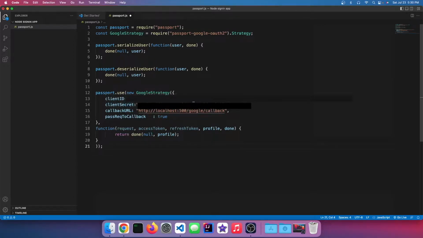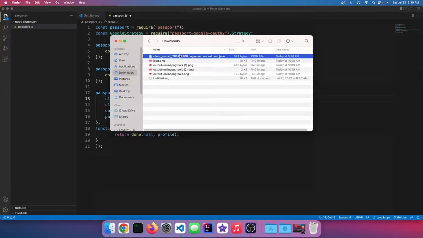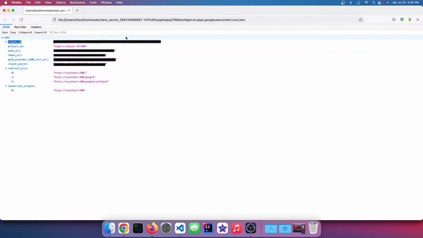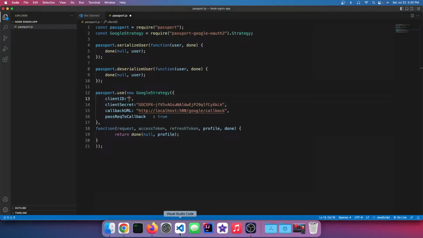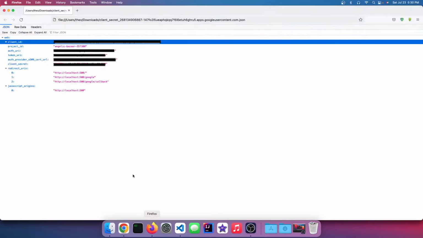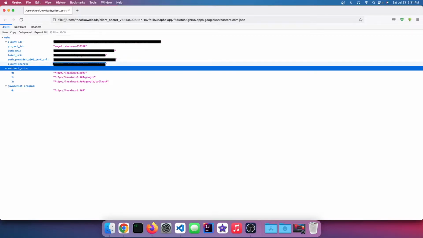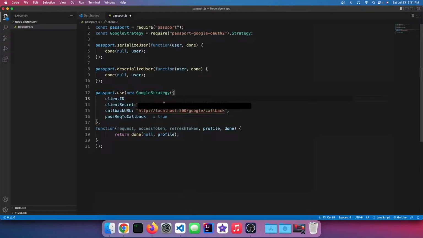So we're going to go take the client ID that was in our JSON file, so let's load that up right now. And for the client ID, we're just going to copy and paste this right in here. The client secret we can also grab. Okay, so you can paste that right in here. And then the callback URL is going to be localhost 500/google/callback. And